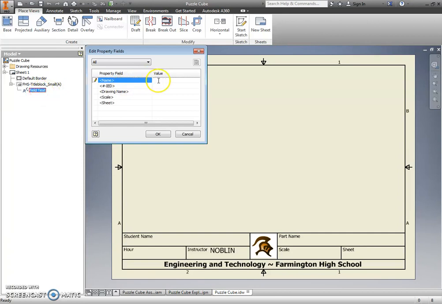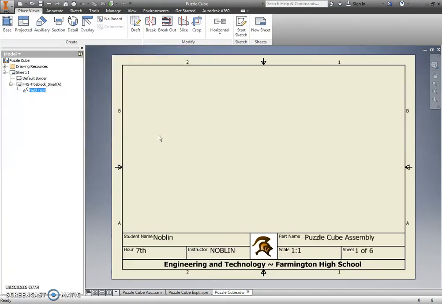If I double click on field text, that's how I'm going to type in my name, the fact that it's 7th hour, right? The fact that this is going to be my Puzzle Cube assembly. I don't know what the scale is going to be, but I'm going to guess it's 1:1 for right now. I can always come back and change it. And that this is sheet 1 of what should be 6, because I should have 5 parts that I'll end up doing my multi-view. But as soon as I click OK, notice all of that information pops up into my